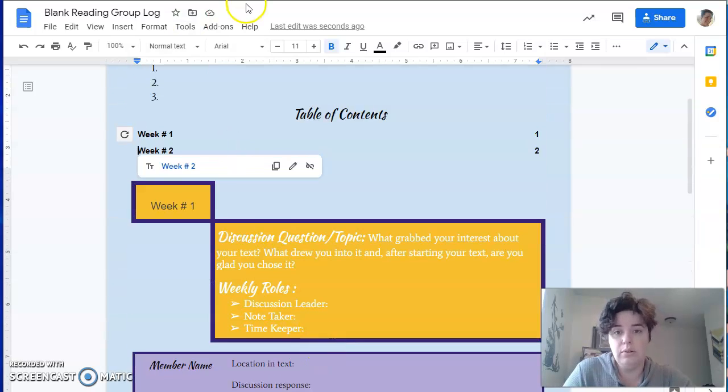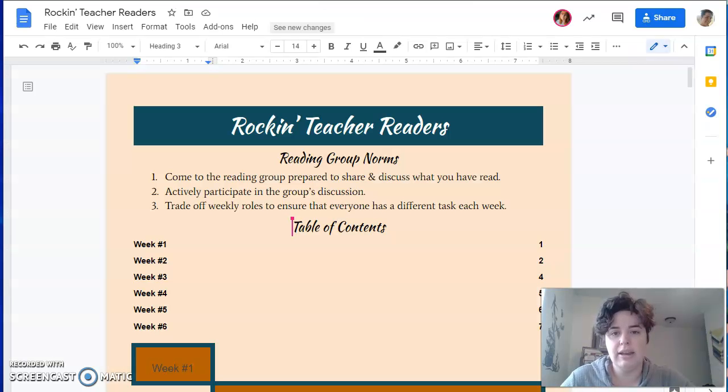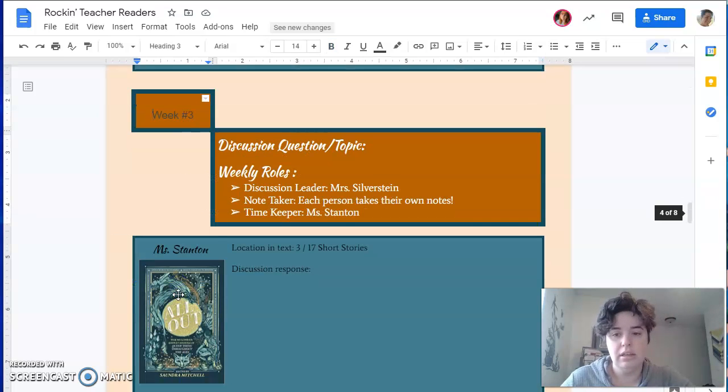So when you're finished, it'll look like this. Here, I'm going to show you. This is mine and Miss Stanton's. Now I have my table of contents, and I threw in all 6 weeks because I wanted to be prepared and ahead of the game. When you click on one of these, say I wanted it to take me to week 3, it'll show up with a link, and it'll jump you down your page to the appropriate location,